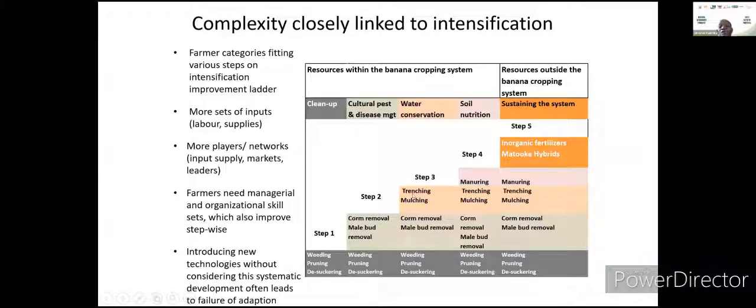Now, there is an issue of water conservation. You remember I talked about drought, and we have not seriously started addressing it. If we take a variety with sigatoka resistance, even if it has sigatoka resistance, and it is not well managed, we have not made trenches to keep water in there, then they will still not work very well. Even in nutrition, these hybrids need to be in a system where other problems are taken care of. Weeds are taken care of,